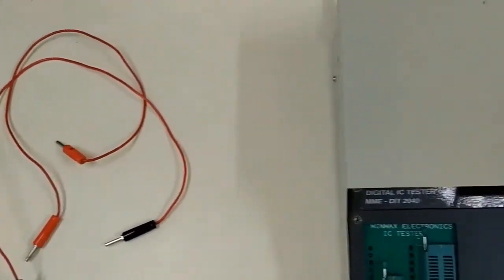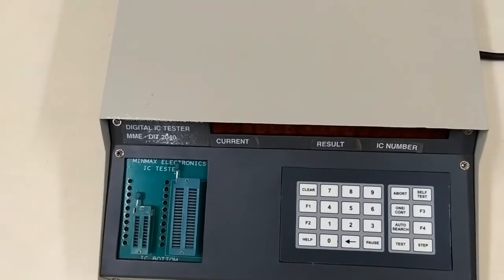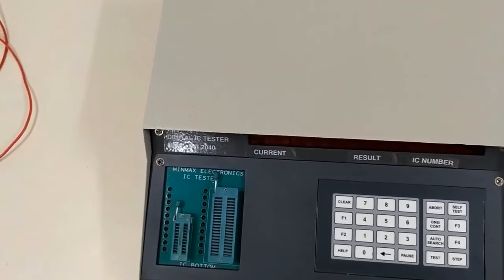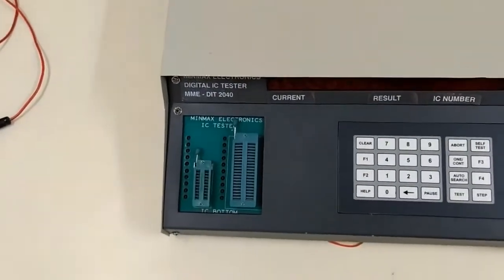Moving on, the next component I explained to you is your IC trainer kit. The thing I have here is basically used to check whether my IC is working properly or not.